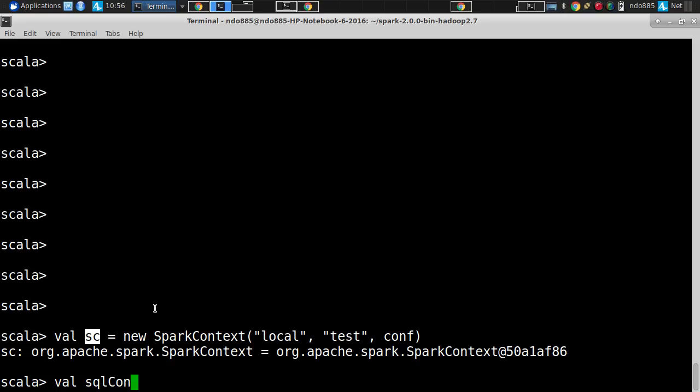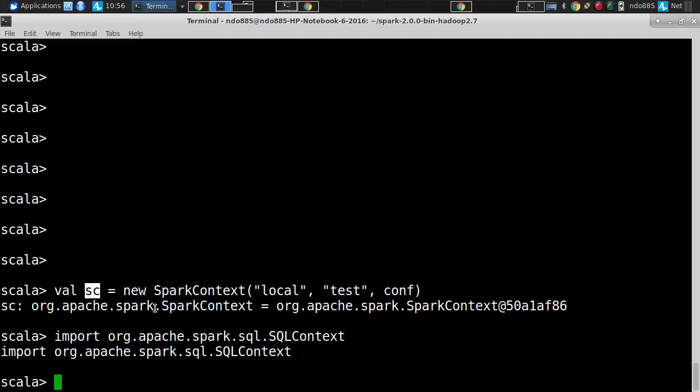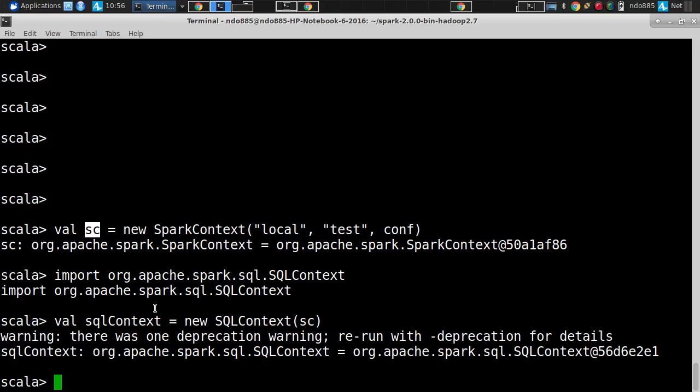Okay, sorry. Import org.apache.spark.sql.SQLContext. Okay. And then we're going to do val sqlContext equal new SQLContext(sc). Okay, we're creating a new SQL context, and finally, sorry, one more import yet: sqlContext.implicits._